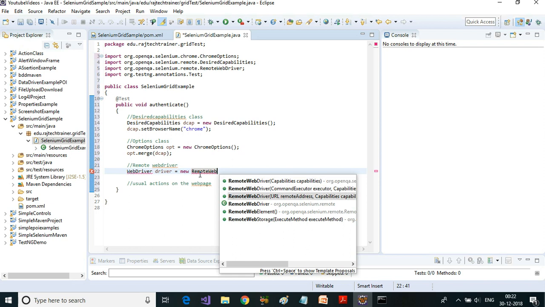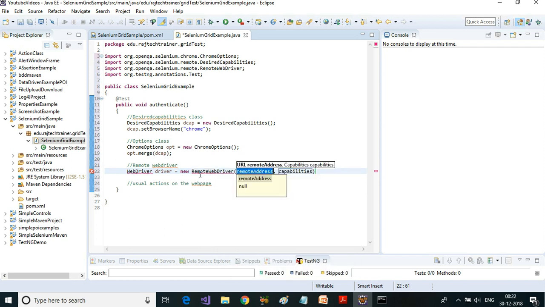The one which I am going to use takes URL and capabilities as parameters. So this will be the remote address where this client will be connecting to, and the capabilities is opt, which is stored in our Chrome options.